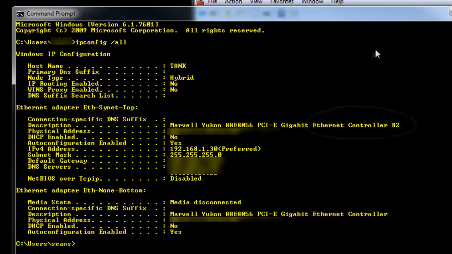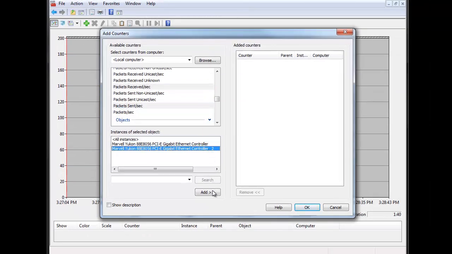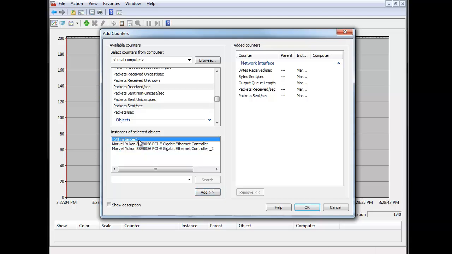So now that we have that piece of information, we can go back to perf meter, select number 2, click Add, and our counters are moved over for that particular interface. Back on the instances of the selected objects for our interfaces, you could say all interfaces, but it's going to double up on the actual counters, because if we have two interfaces, it's going to add twice what you selected up here. It's just, again, a jumble of data, so it keeps it nice and clean if we get specific and just look at exactly what we're seeing. That way there's no confusion.